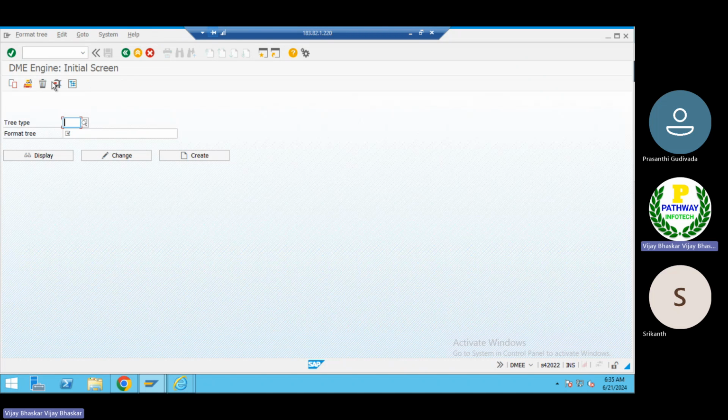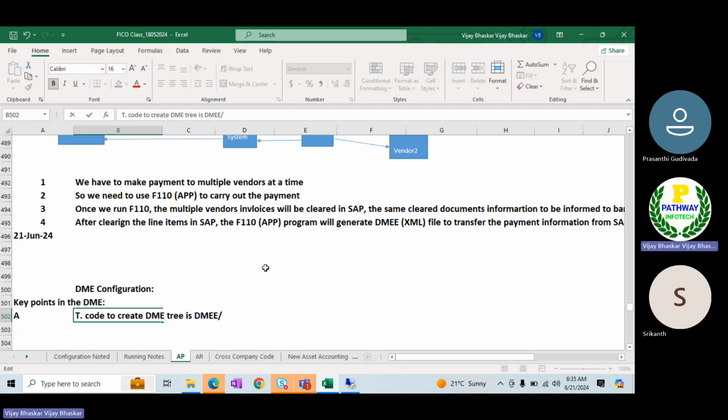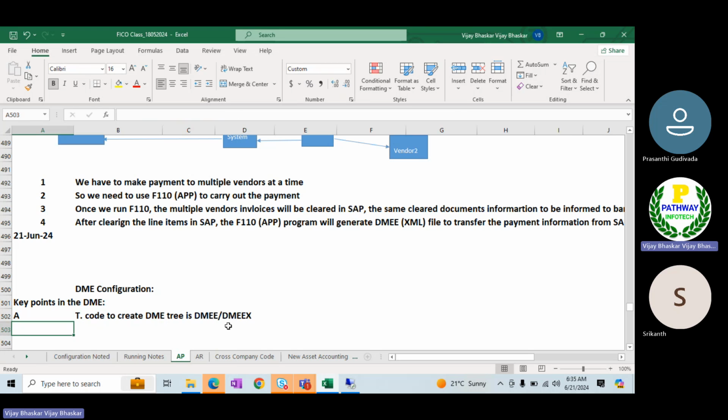If you go here, DMEE is available here, but still instead of DMEE, DMEEX, we have to use DMEEX. Okay, engine extended initial screen. So now DMEE, or I'll put it DMEEX. In S4HANA, we are going to use DMEEX only, the transaction code. So now the next one is